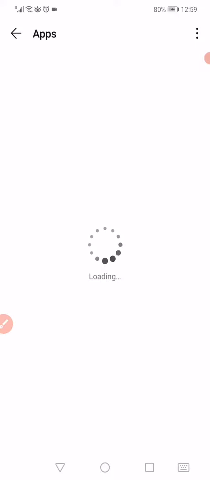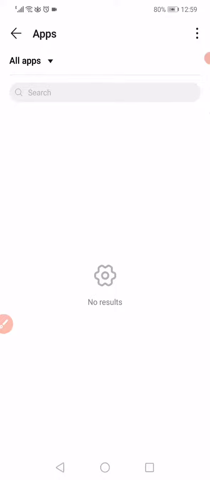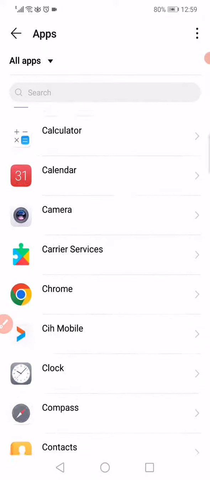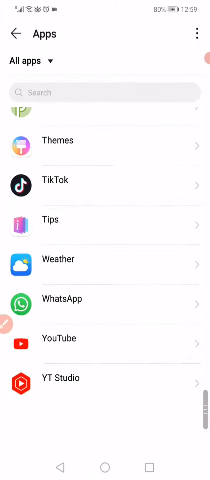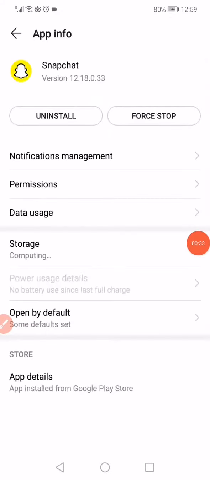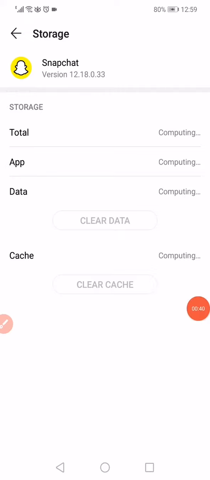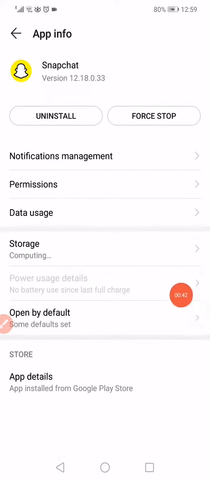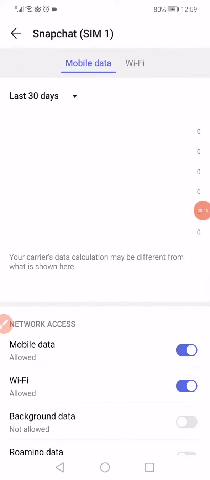So what you have to do is wait a few seconds, and after that scroll until you find the Snapchat app and click on it like this. After that, click on force stop and then go to the storage. Click on clear data and clear cache, and then go back, click on data usage and disable the background data